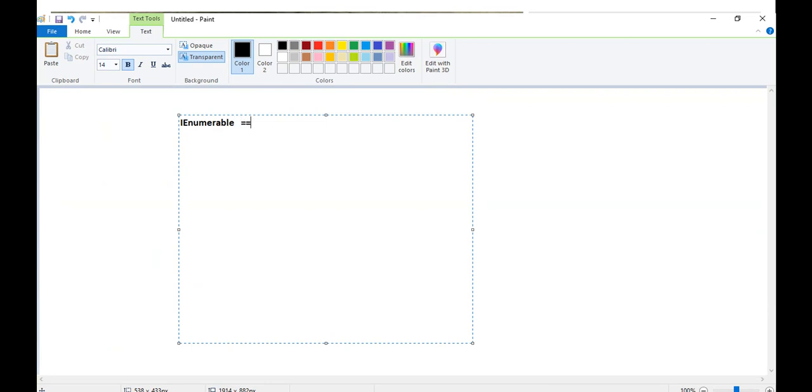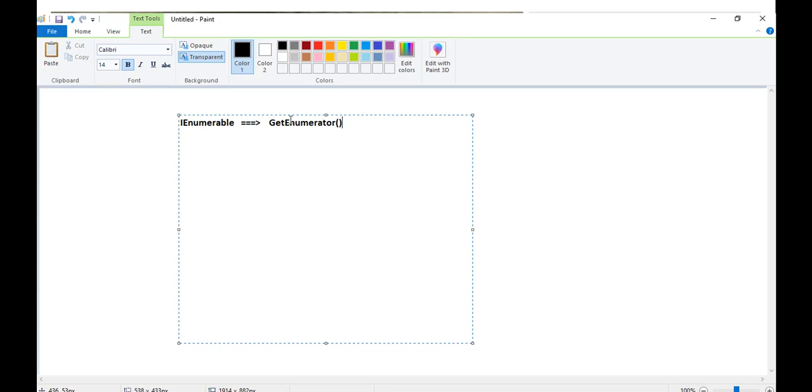This IEnumerable interface contains one method, and the name of this method is GetEnumerator. What will the GetEnumerator method do? GetEnumerator will fix the boundary, meaning the upper limit will be decided. I don't think it is required to fix the lower limit, because it always starts with the first element. So GetEnumerator will decide the upper limit.